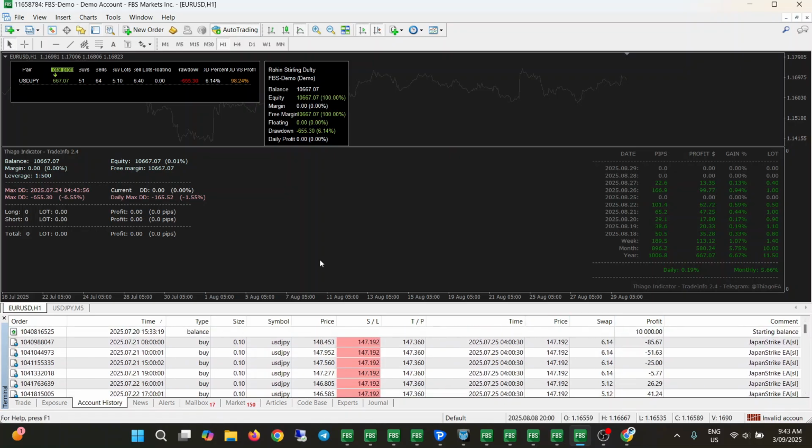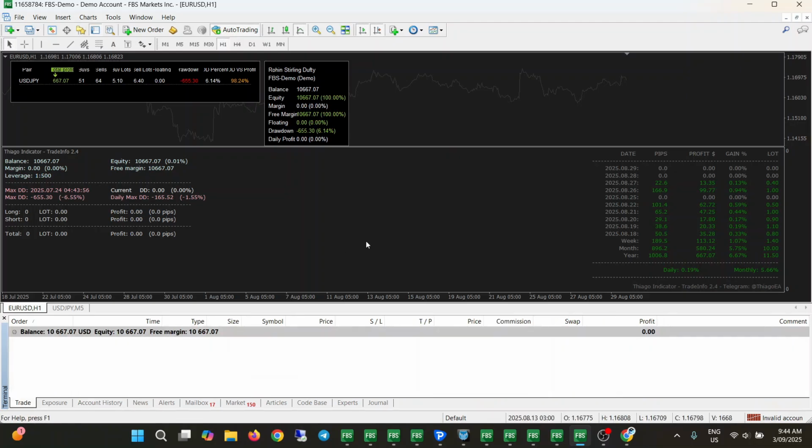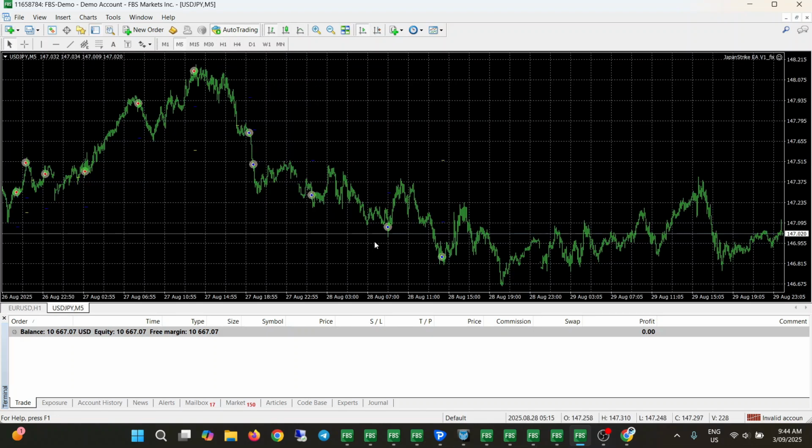So I started at 0.10 lots because I just wanted to see what the max drawdown would be on that. And there you have it. For the week, it made 113, for the month 580, for the year 667. So it does make a decent amount of money, but it will stay in drawdown for quite a while sometimes